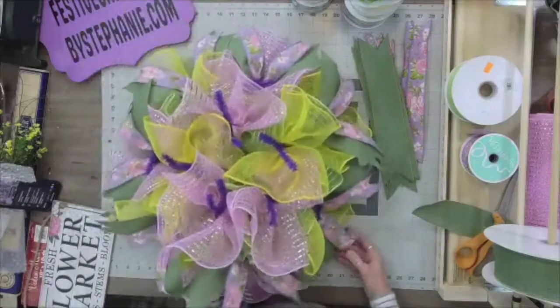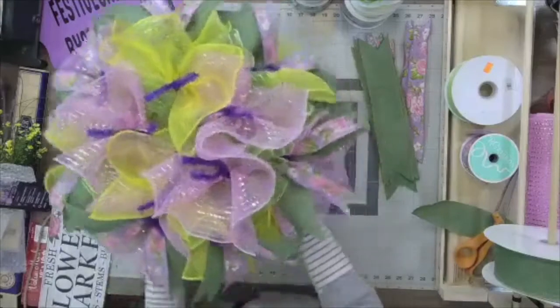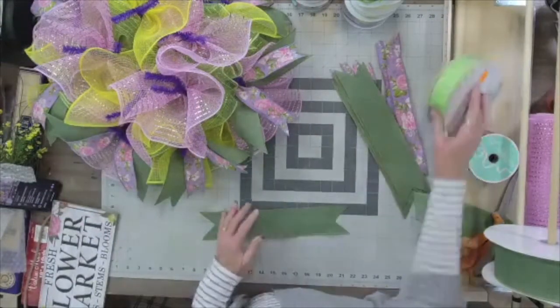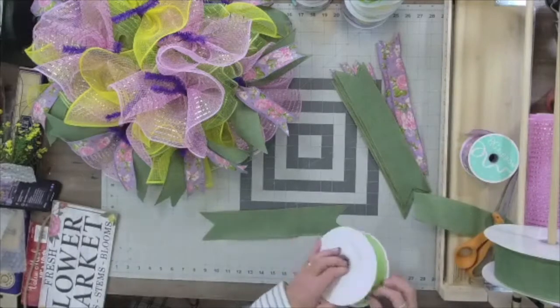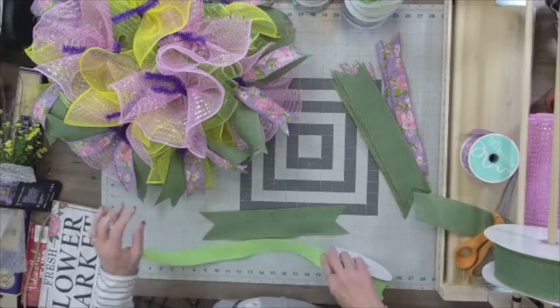So we've gone all the way around the bottom. Isn't that pretty? Now for the top row, I'm actually going to change things up a little bit. So I'm going to take our fresh green or our lime green here, and I'm going to cut, I believe,